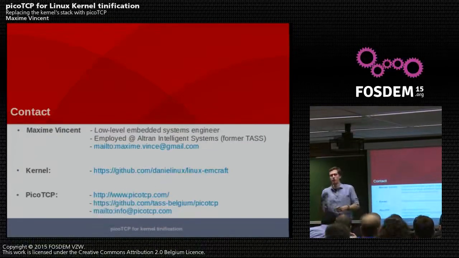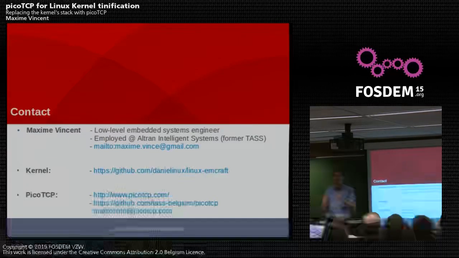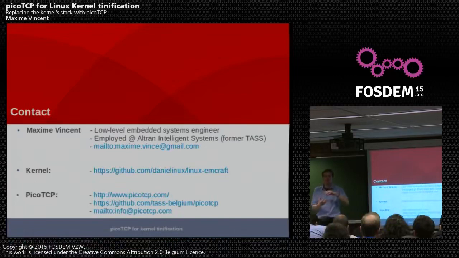So the question is, is this just a quick hack, or is it easy to plug another stack in the Linux kernel? Well, I must say we haven't focused on making the kernel interface to network stacks very generic, because that's not something you want to do often. And especially for us, the focus was getting PicoTCP in the kernel, and not making the kernel interface as clean as possible to plug any stack. So, not really, no.